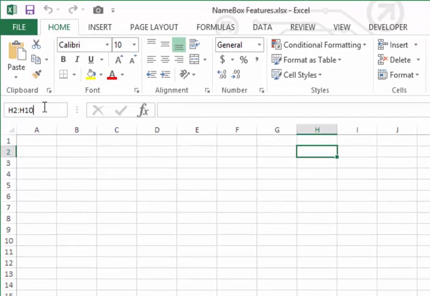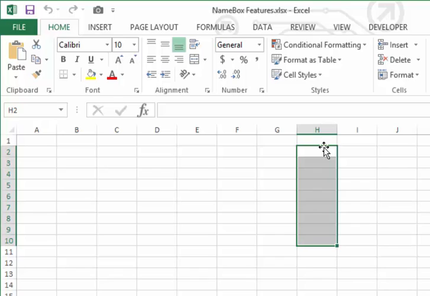Say for example, if you want to select a range of particular cells, this is a limited range, so you can easily go and select H2 to H10, right? But if you want to select almost 5 or 6 lakh rows, it is very difficult to scroll down and search for the last non-blank cell.